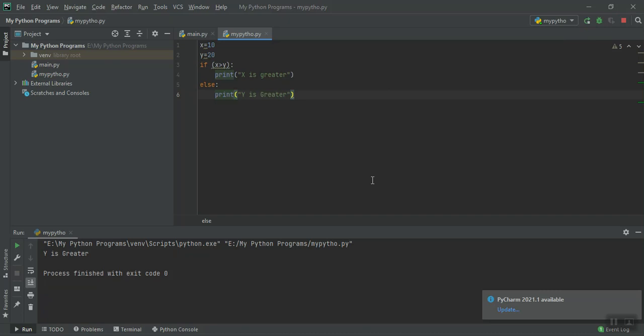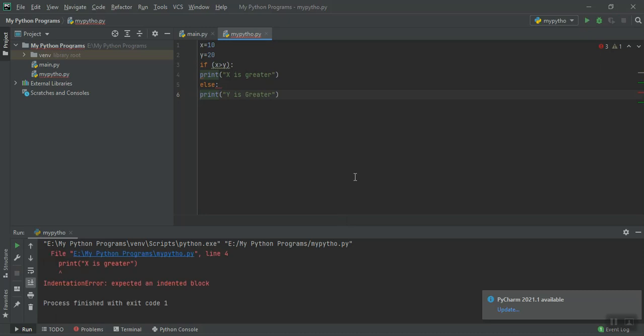Certain things you should be clear about. See here, the same program. This will not happen in the case of your C program, but here it will happen. I haven't modified anything, right? If I run this program, it will show the error. Why? In your C program you will have curly brackets, so the compiler is told that the loop or condition starts here and ends here. Whereas in Python programming, we will not have any such thing.